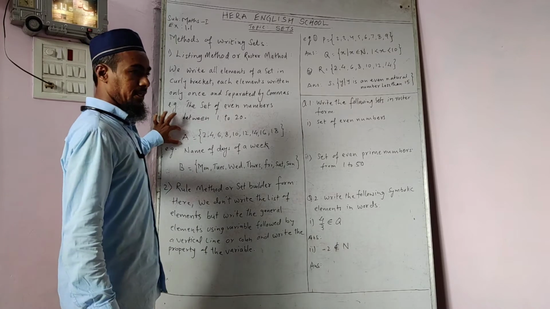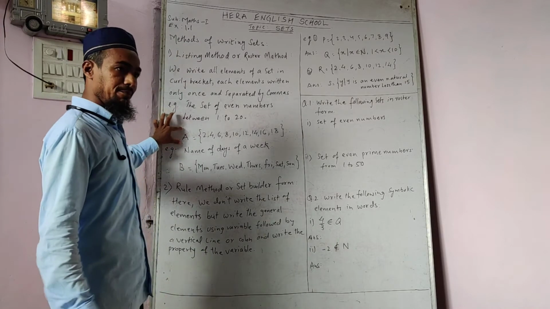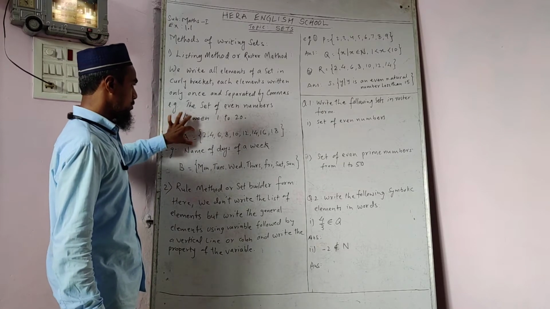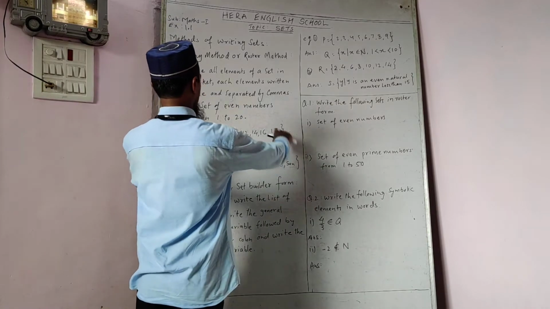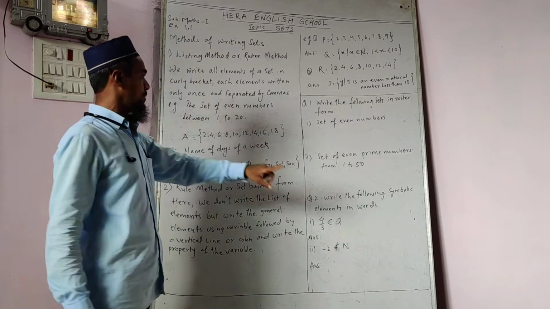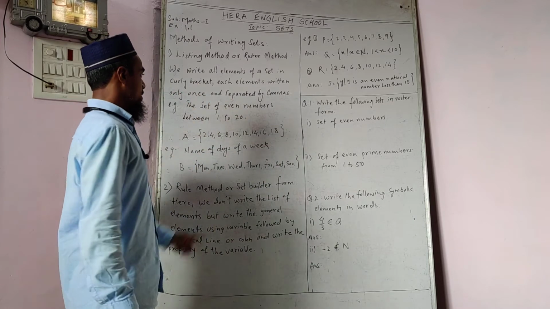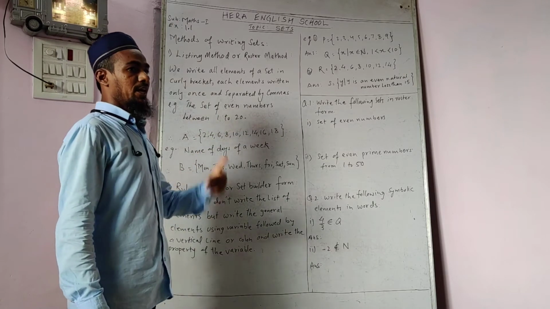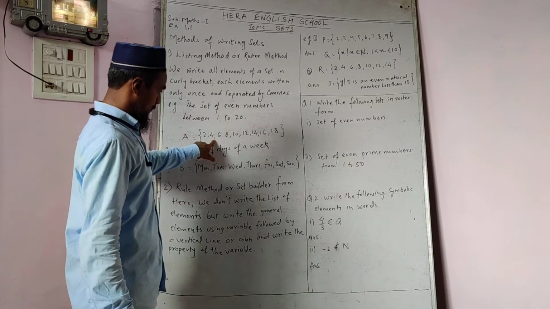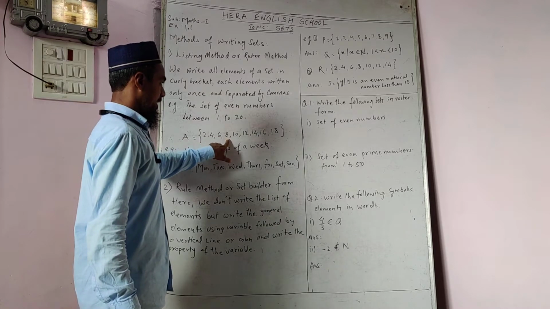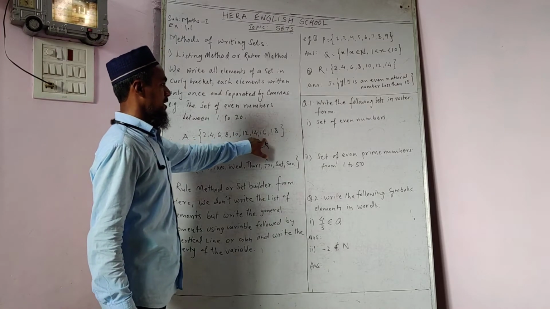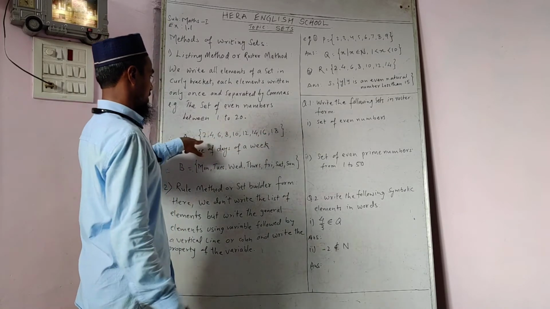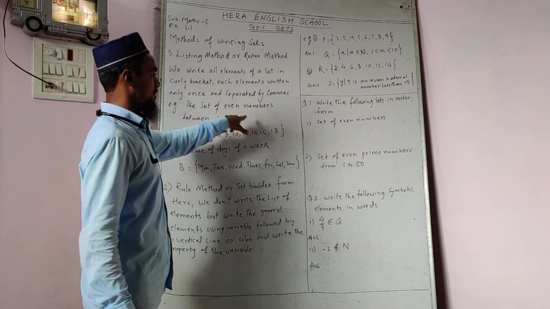Now see very well how to write the set in listing method. We write the name first. I have given the name of the set as A equal to, and here we have the two curly brackets. Between the curly brackets we write all the elements between 1 and 20. The starting even number is 2. We write 2, comma 4, comma 6, 8, 10, 12, 14, 16. The last number is 18. These are the even natural numbers, and all these numbers are between 1 and 20.